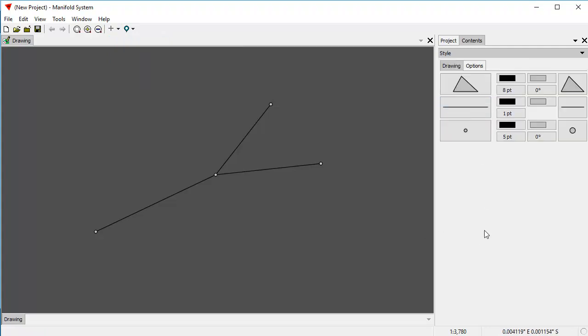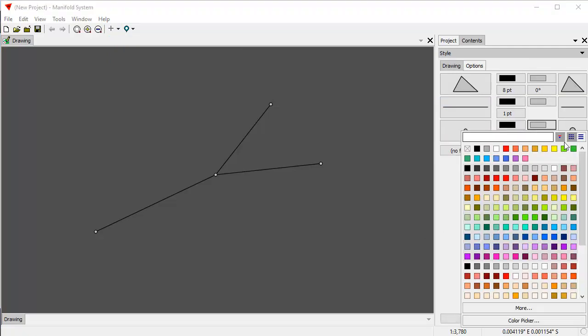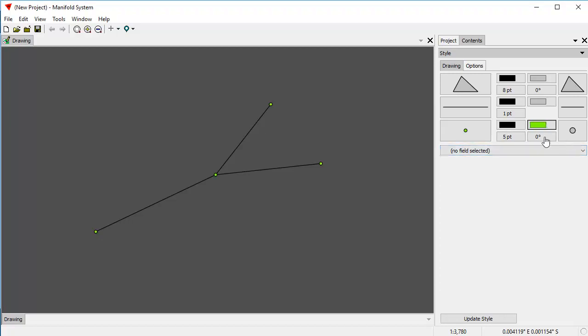In the style panel, we can see how we can change things here. For example, the points, change the fill color for points. Right here are the style properties for points. Here are the style properties for lines. Here are the style properties for areas. We don't have any areas in this drawing, but we still show the style properties for them, so we can change them if we like, so that should we create areas in the future, they'll automatically be drawn using those